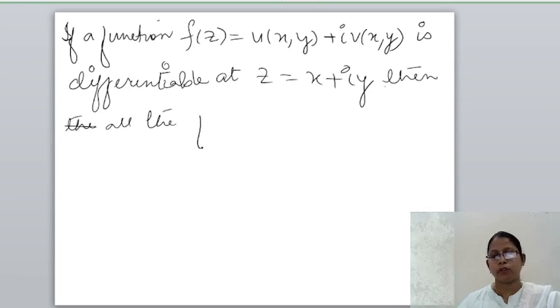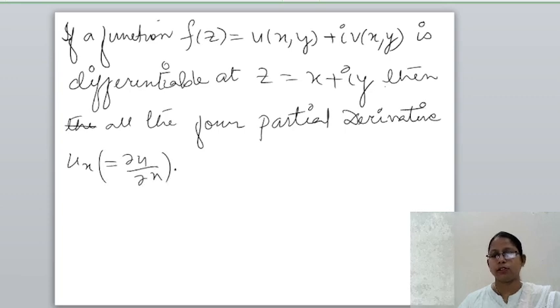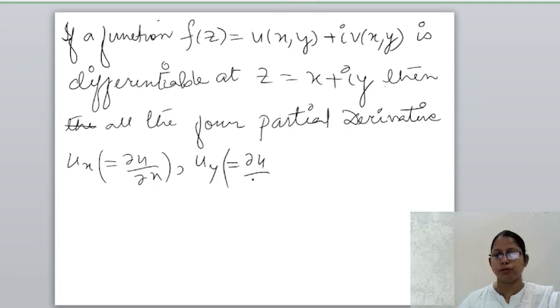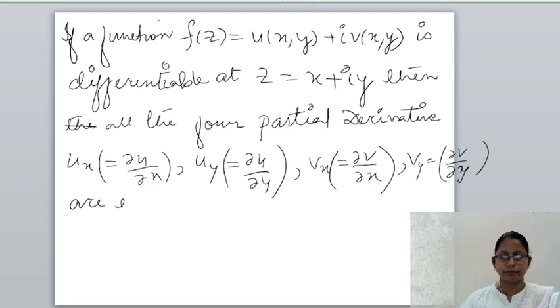all the four partial derivatives, u_x equal to del u by del x, that is differentiation of u with respect to x treating y as constant, u_y, that is differentiation of u with respect to y treating x as constant, v_x, that is differentiation of v with respect to x treating y as constant, and v_y, differentiation of v with respect to y treating x as constant, exist and satisfy the condition